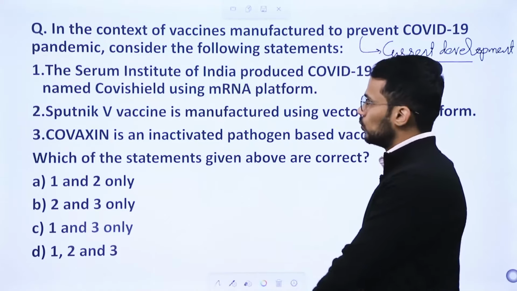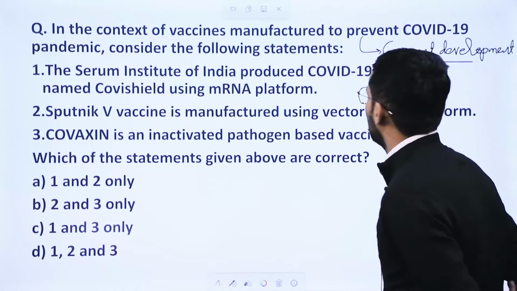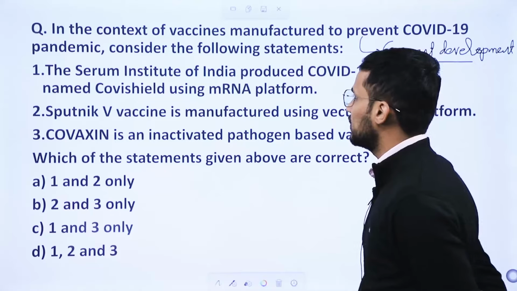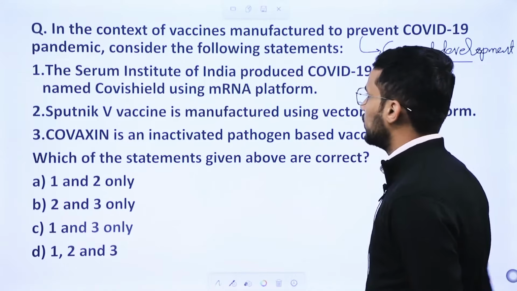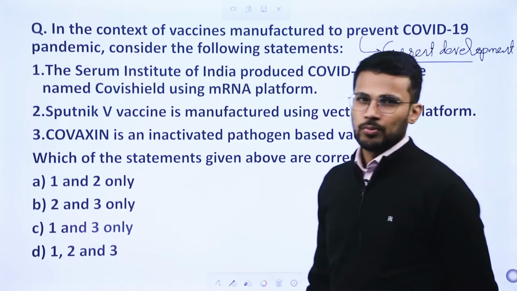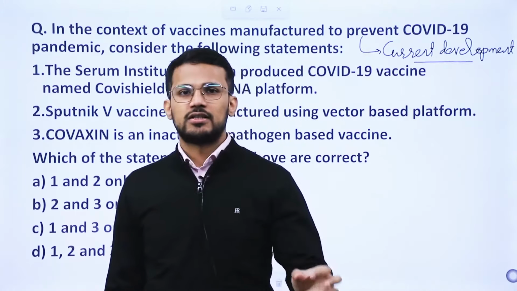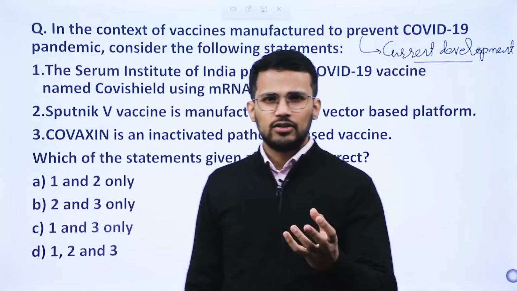Let us consider the question. In the context of vaccines manufactured to prevent the COVID-19 pandemic, consider the following statements. First, the Serum Institute of India produced the COVID-19 vaccine named Covishield using the mRNA platform, right? So this is again a question that was expected and more current-oriented, and you must have read about